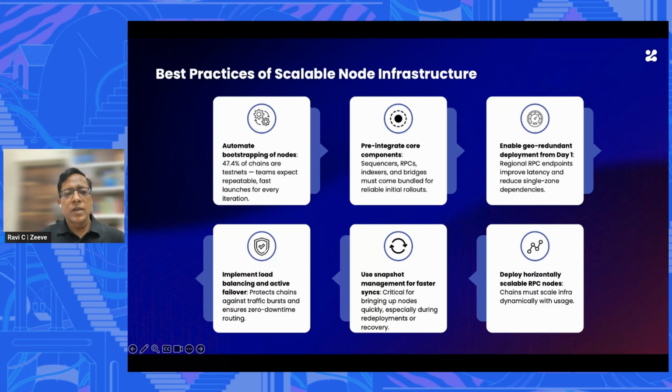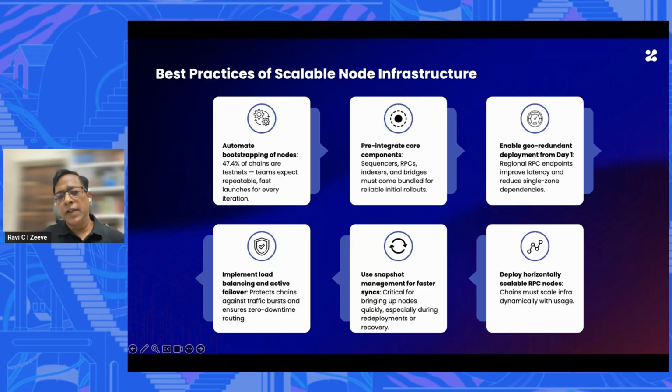And you may require some essential bridges, like when you're launching a rollup, you may require an L2 to L1 bridge. Or if you're even launching an app chain using some of the L1 stacks, you still may require interoperability or bridges to bridge some tokens. Maybe your use case demands you to bridge USDC or USDT. So you require all these core components.